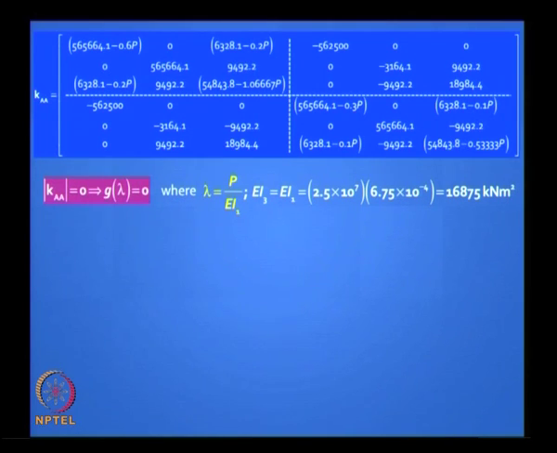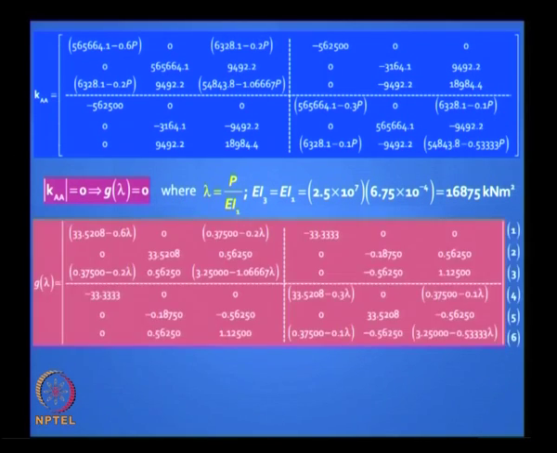Now you are going to deal with very large numbers, you can see there, because 556, 565 etc., you got 6 digits out there. So it is good to work with another alternative measure of the critical buckling load. So let us bring in lambda, which we can call P by EI of any of those columns, EI1 or EI3, they are both the same. And when you do that, your equation simplifies to this format, okay, if you divide throughout, if you normalize it. It is the same equation.